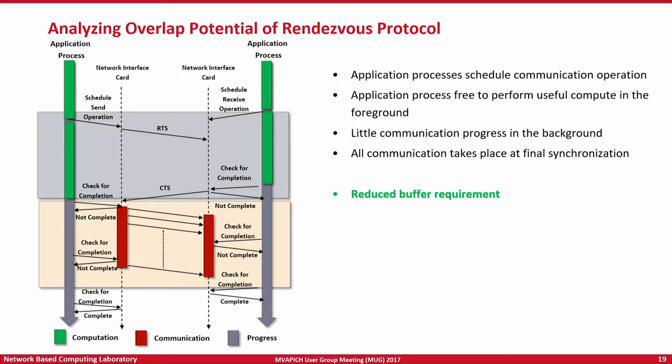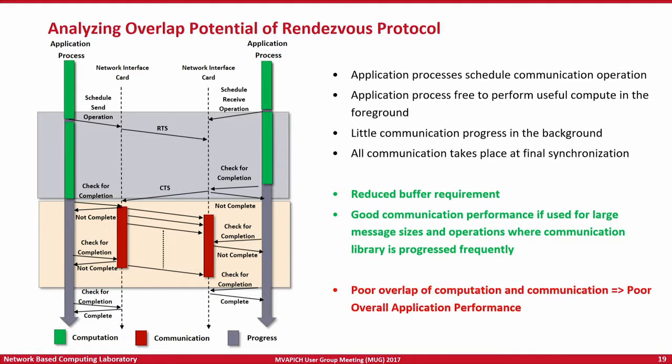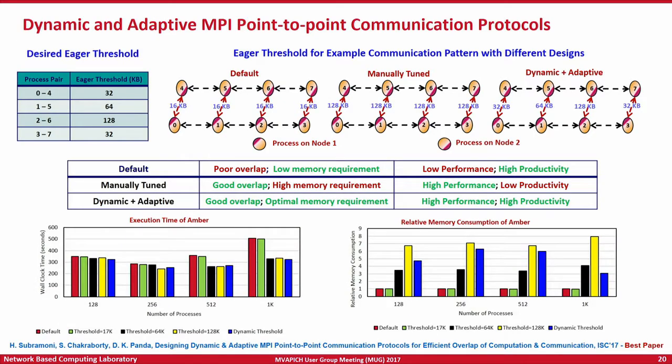Yes? Sorry, could you just go back to the previous slide? Sure. So here you're assuming that the receive is a non-blocking receive, right? Yes, because we are analyzing the overlap potential. Anybody who wants overlap should be smart enough to write an iReceive, not a receive. I see. So if you have a receive, then by default you're always progressing.